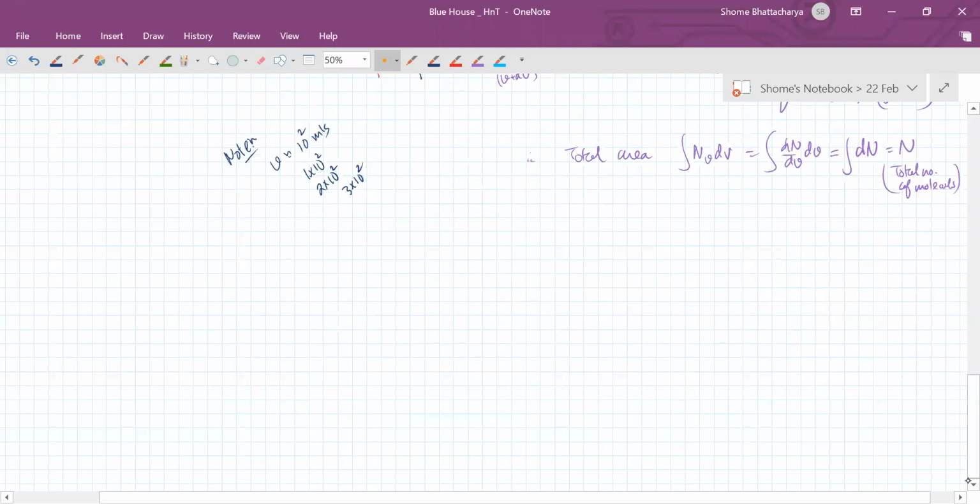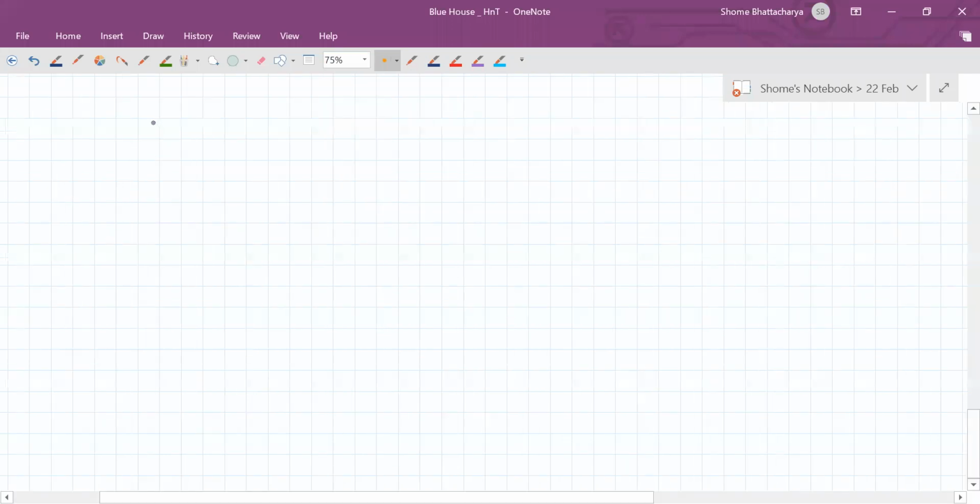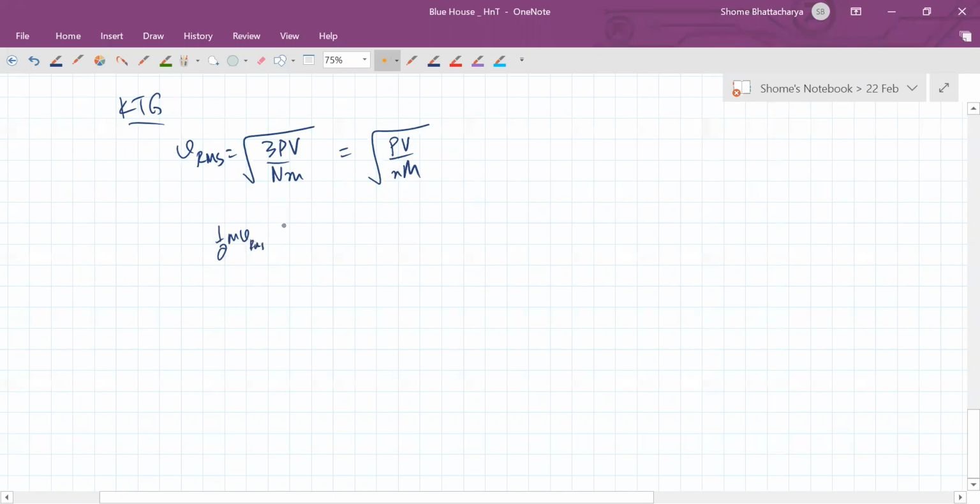Okay. So now, as I said, from kinetic theory of gases, the important formulae for us are these formulae. In order of how we had done the derivations, the first derivation was the relation between pressure, volume, and the RMS speed. Then there was kinetic interpretation of temperature. So from this we got the relation that PV is equal to nRT, or PV is equal to capital N kT. So this was an important formula.